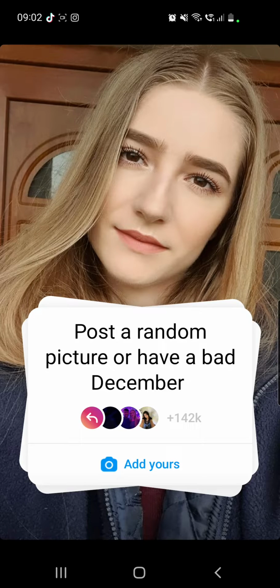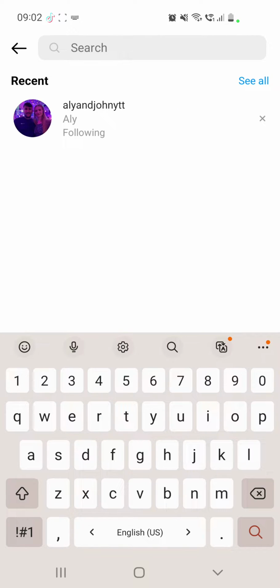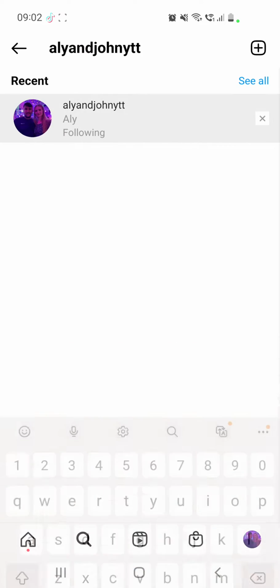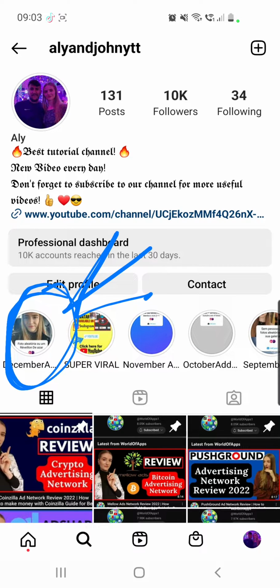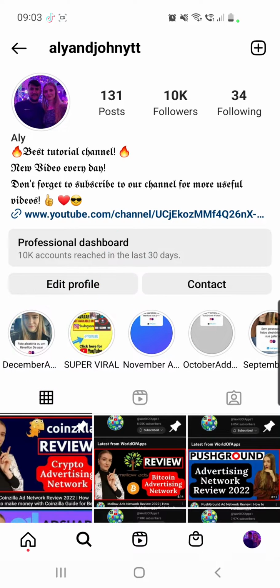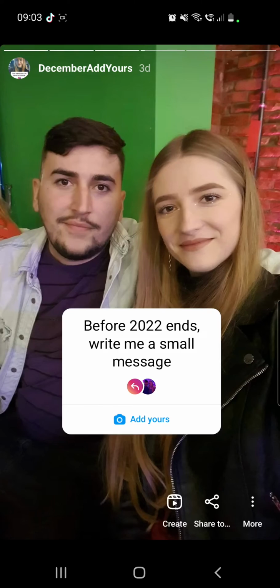So first of all, you will have to go to your Instagram app and you have to click on the search icon and search for Ali and John YTT. Now from this place you will have to go to December Add Yours. So you have to go here on December Add Yours highlight. Now you have to tap until you find your desired sticker,